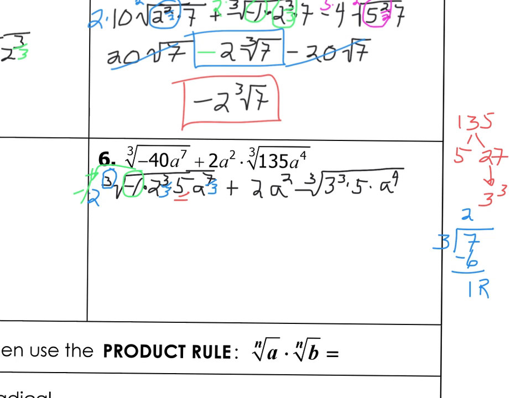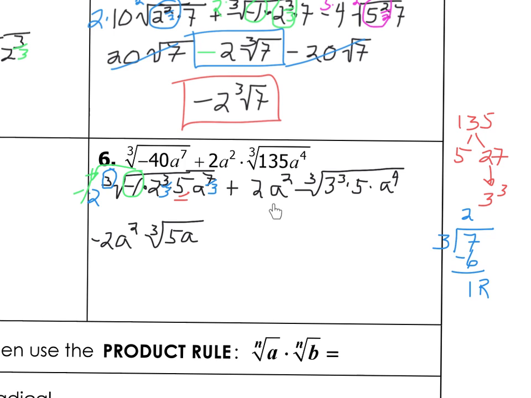So we have a -1 times 2, so that's a -2, and then the a squared is going to come with it, so a squared, and then underneath the radical, don't forget your index, you're going to be left with that 5 and then a single a. Okay, and then